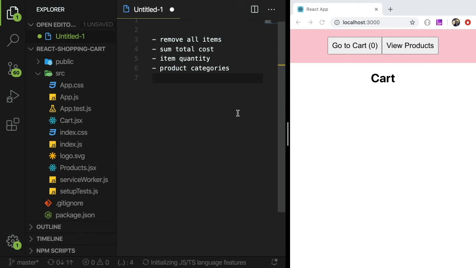My name is Cody Seibert, and in this video what we're going to be doing is taking that React shopping cart that I made a video on a couple of days ago, and we're going to add on 4 new features. So if you're new to programming or new to React or web development, I highly recommend that you clone this repo, you try to add these 4 features yourself, and figure out how far you can get by yourself. If you get stuck or you need some help along the way, come back to this video and try to